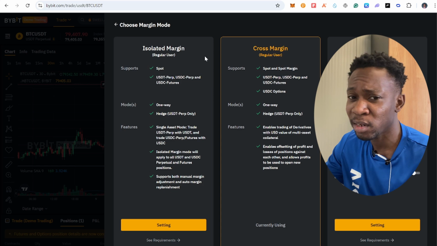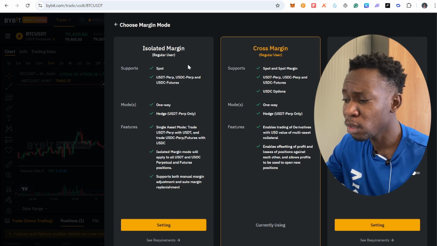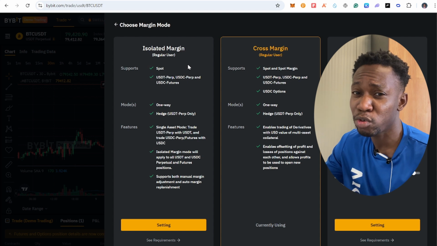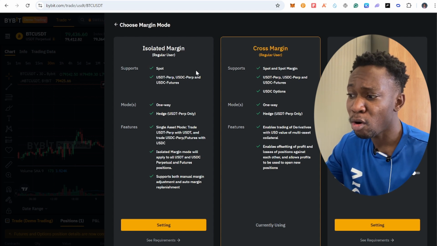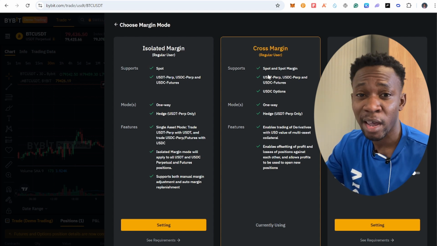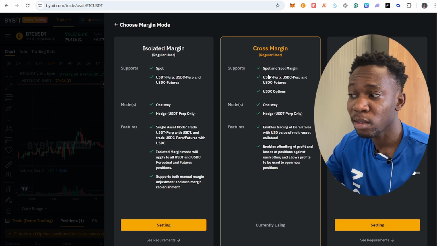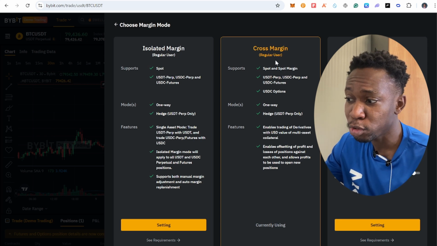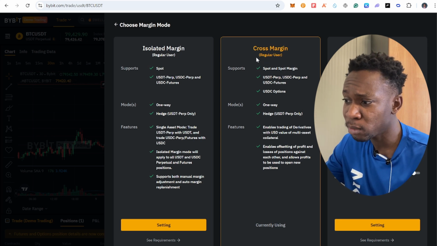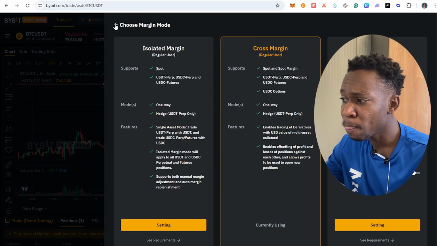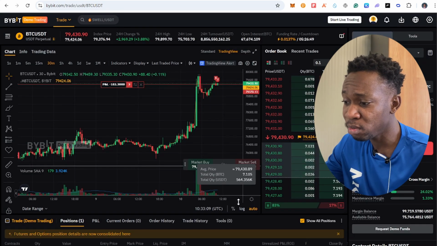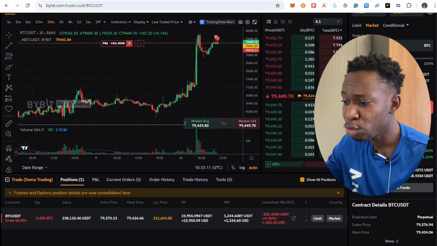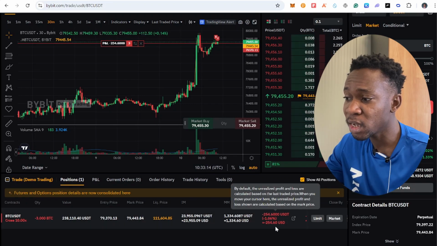Isolated margin is actually good because the money you put on this isolated margin is the only money you are going to lose, but with cross margin, you can lose your entire trading account, because once the money you put in trading this token is liquidated, like you are in negative,